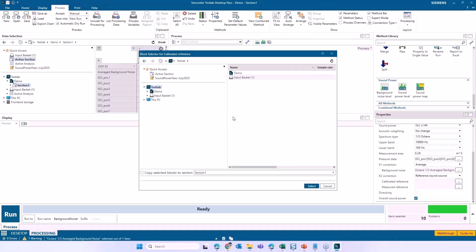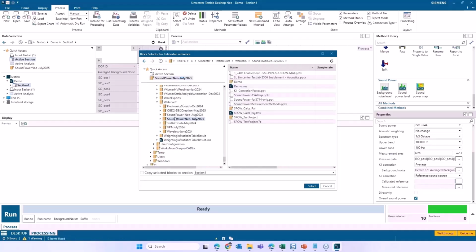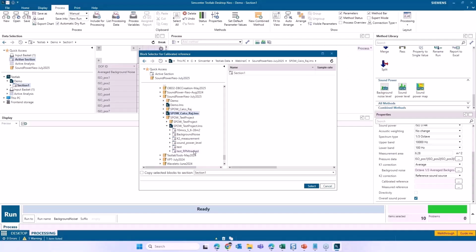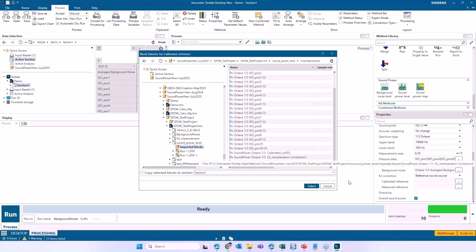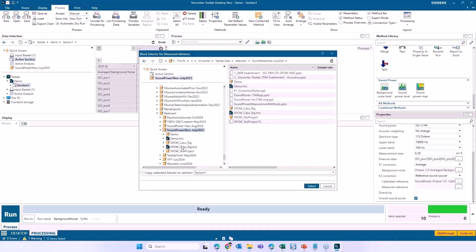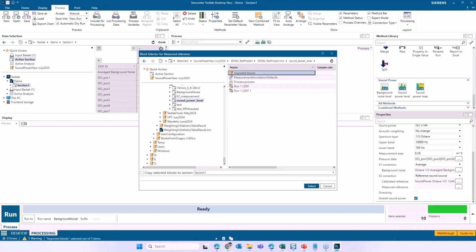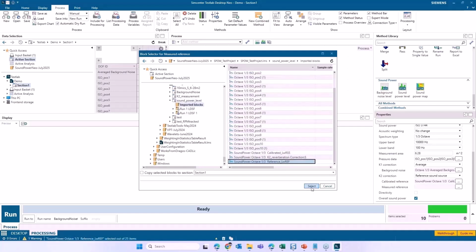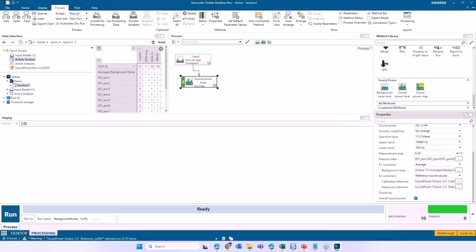And when we do that, it comes up with this window, and now again I can browse to that location where I already have that data. So I go here to my project, and I'm going to select the specific curves that I want to use. So in this case, I want this calibrated one. I will select that, the sound power from that, and then I'll select the reference one that I measured in my environment. So there you go. I'm going to that particular location and I'm going to select it. Okay. So if you wanted to apply only K1 correction factor, we could have selected none here for K2 correction. So that is also possible.